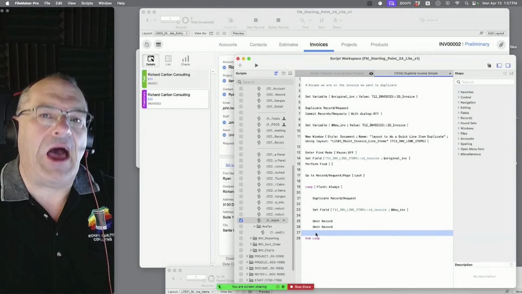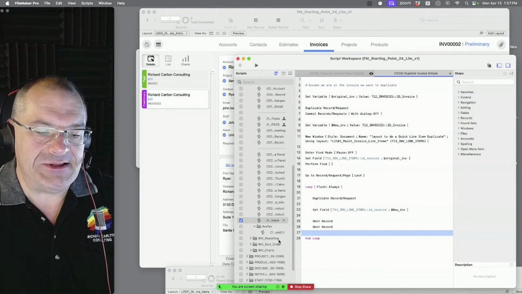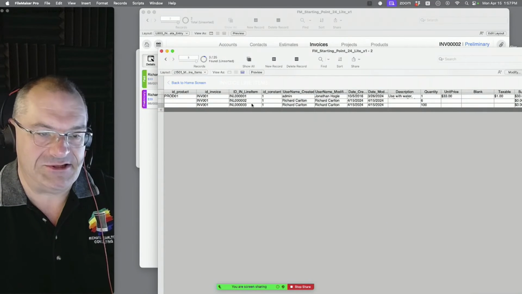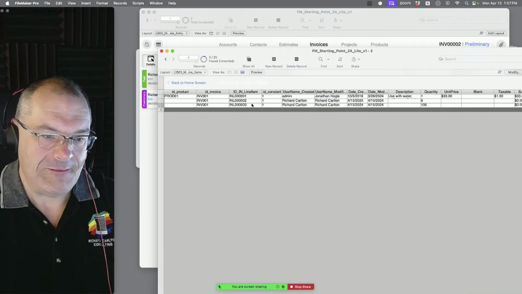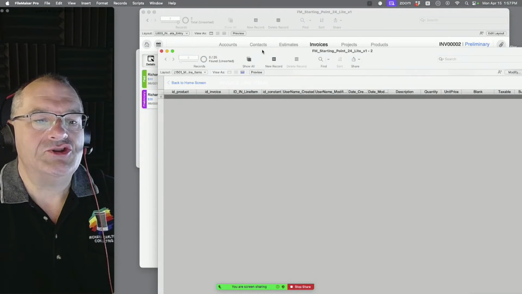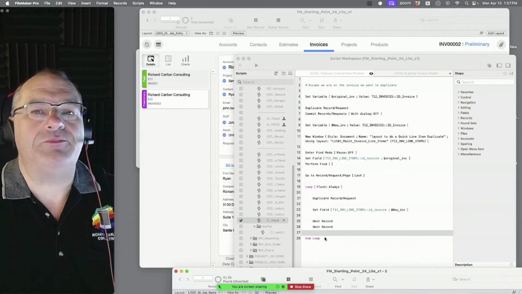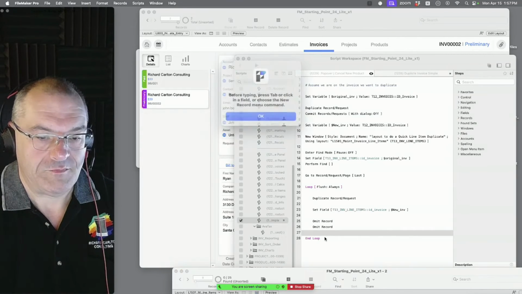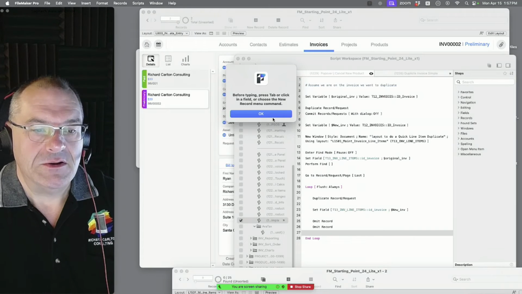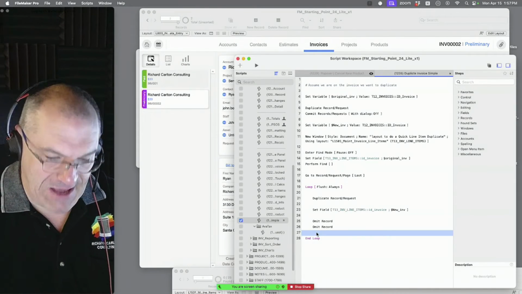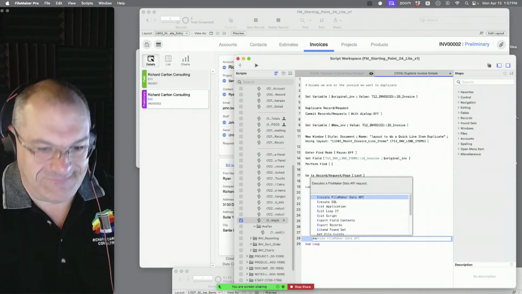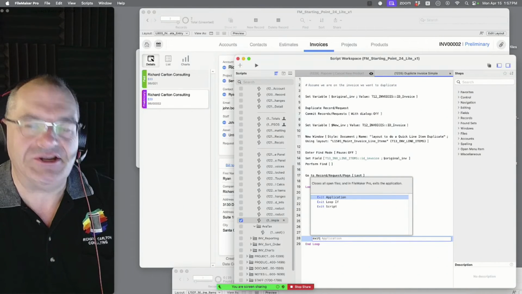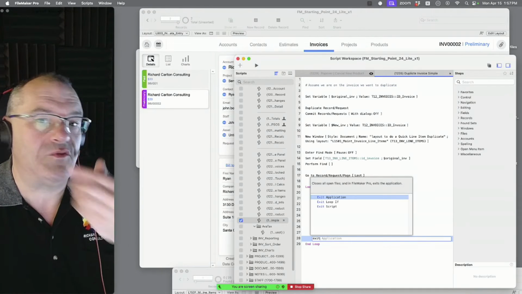Now here's the deal. What did you tell Stan? Stan, you're going to keep doing this until what happens? Until you run out of line items. So how do you tell the script, keep doing this until you run out of line items? Exit if there's nothing in the found record. Or there's no more found. Yes. Keep doing it. You're there. Exit, not application. By the way, developers hate that. That's the first one that comes up.